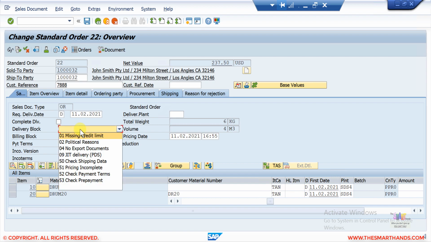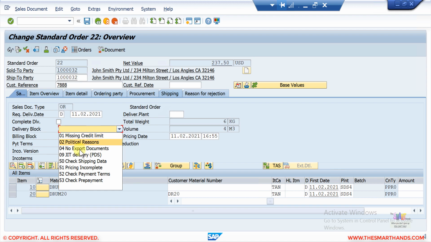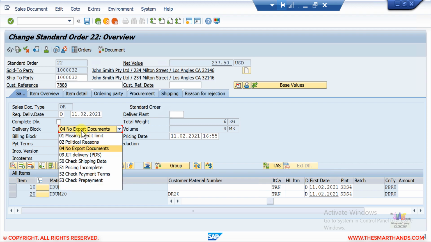Here you can see delivery block. That means if we created an order and have not yet delivered, we can put a block here. For example, this customer was a prepayment customer and they have not paid their dues yet, or there's some conflict going on with the customer, and we don't want anyone accidentally sending the goods to the customer, then we can put a block here. If there is a block, no one will be able to create a delivery for this order. By accident as well, if someone tries to create it, they will get an error that there's a delivery block here. If you want to remove the block, you can make it blank.